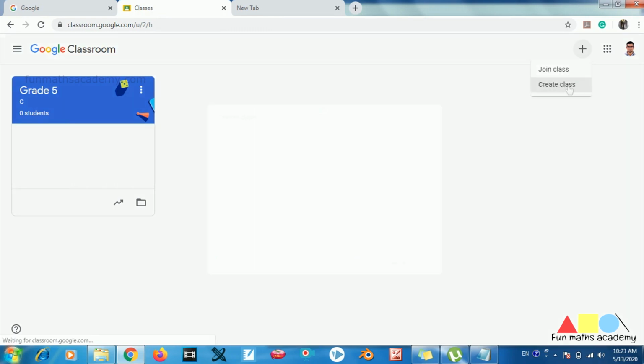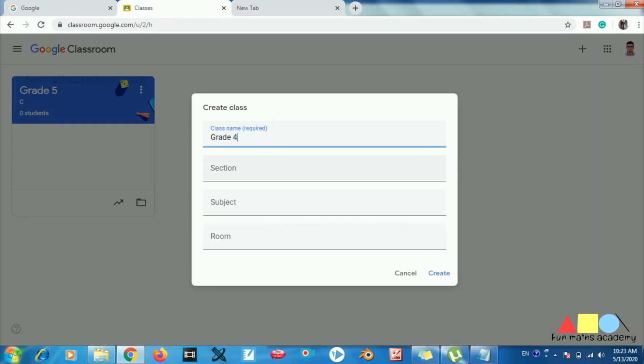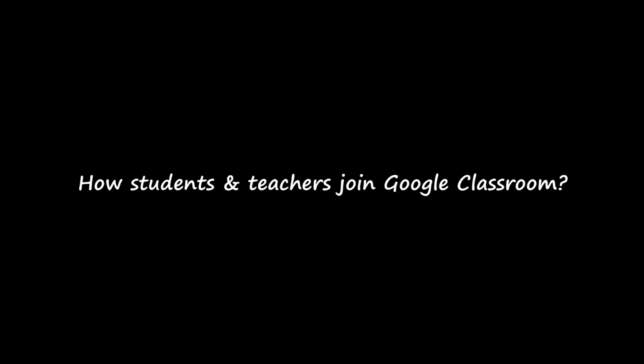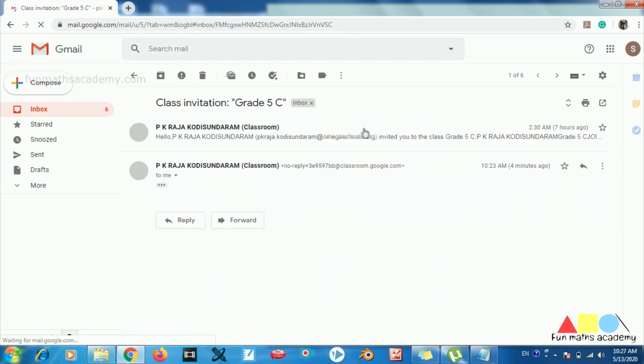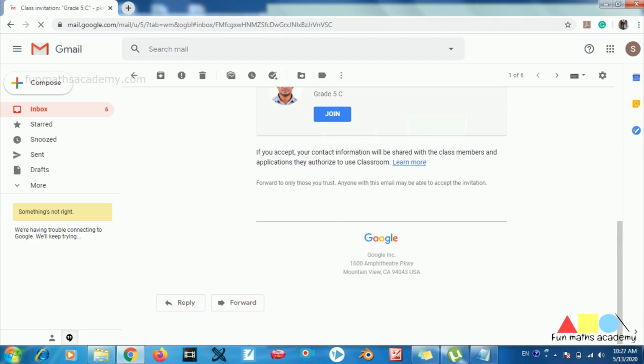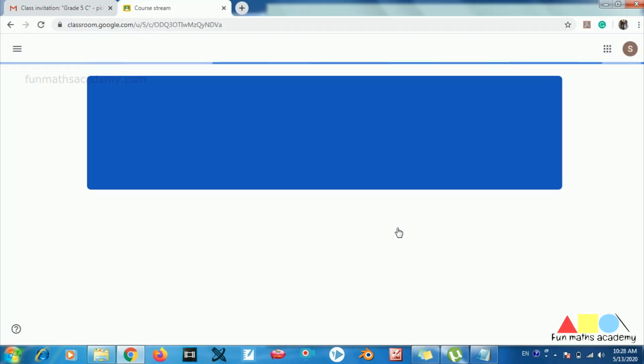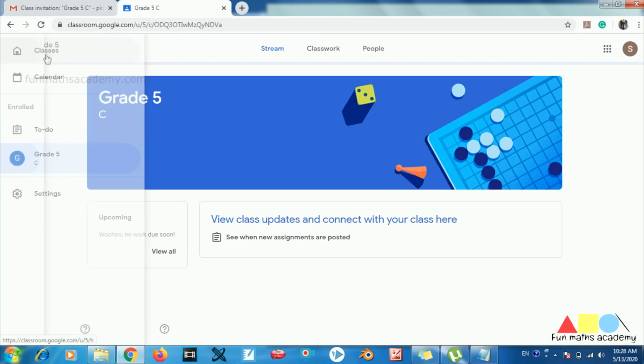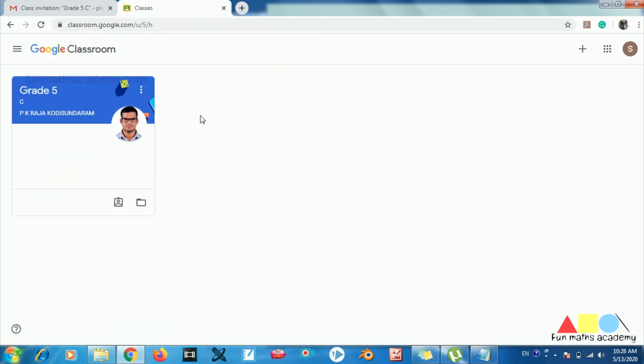That's it. We've created a classroom. Now in this way we can create classrooms for other grades too. Now that we've invited students and teachers, let's see how they can join our classroom. Gmail plays a very important role in Google Classroom. So they must log into his or her Gmail account and accept our invite. That's it. Now they are part of our class. If the student has joined any other classrooms, they'll all appear side by side in this tab. Now let's see what can be done further.